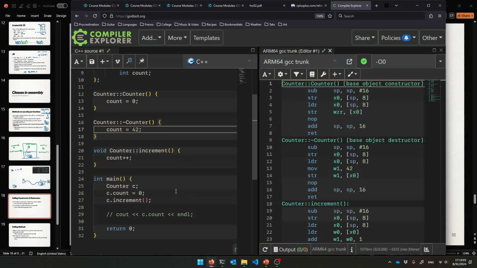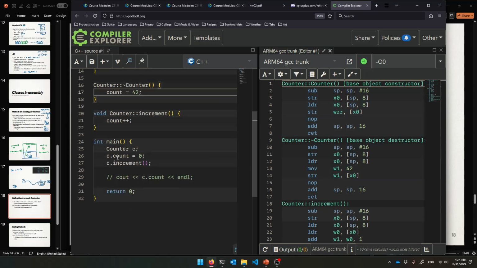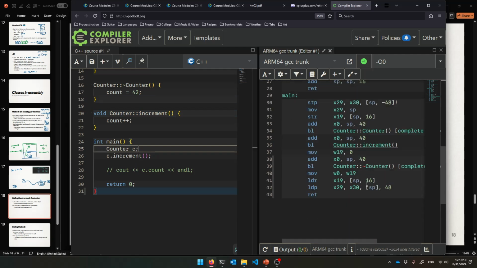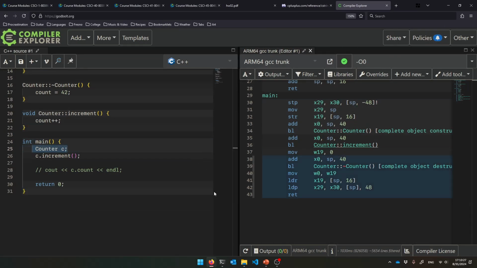So here I am making a counter C. It's implicitly calling the constructor, so I don't actually have to do that anymore. And then it's incrementing itself. All right. So what's the best way to do this? Yeah, let's see what's happening in main. All right. So we make our counter C. The assembly that's being emitted, let me make this whiter, the assembly that we're seeing here, if I make this over here,